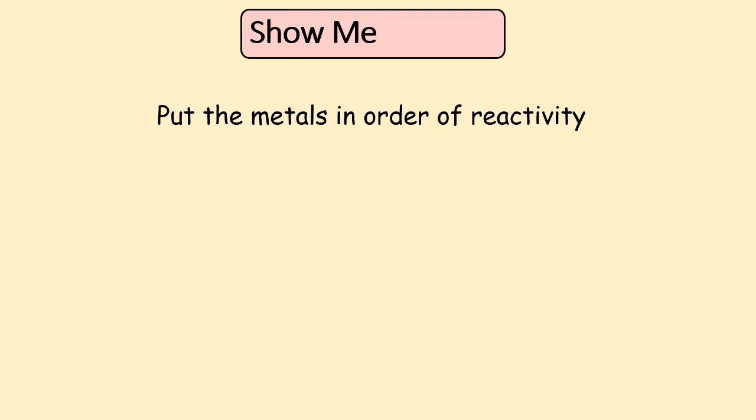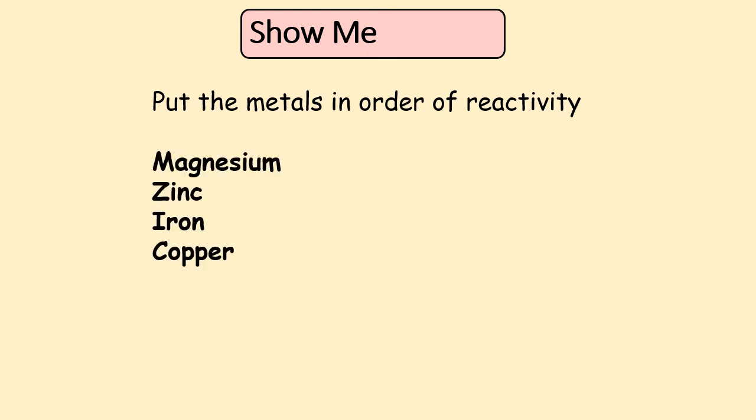And put your metals in order of reactivity. So that's a recap. It's magnesium, zinc, iron, and copper. Remember, you've also got aluminium, the missing metal, so it's magnesium, aluminium, zinc, iron, tin, and then copper's at the